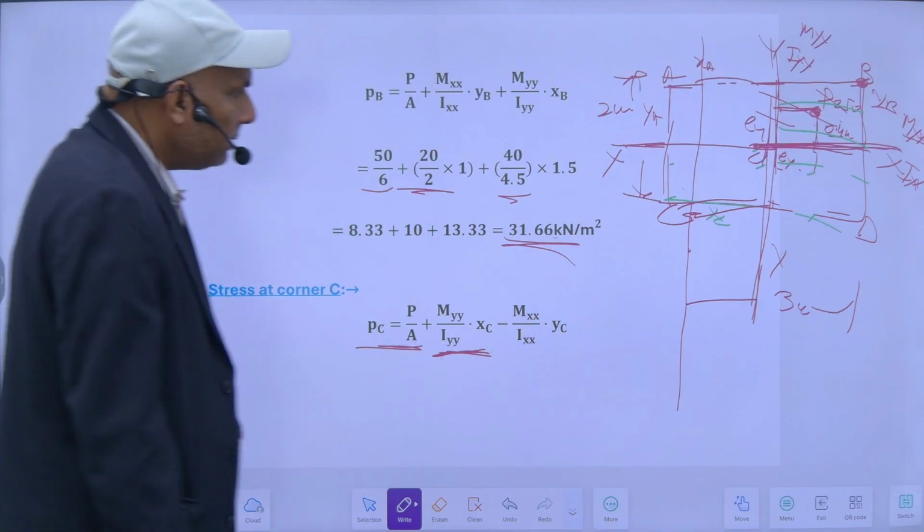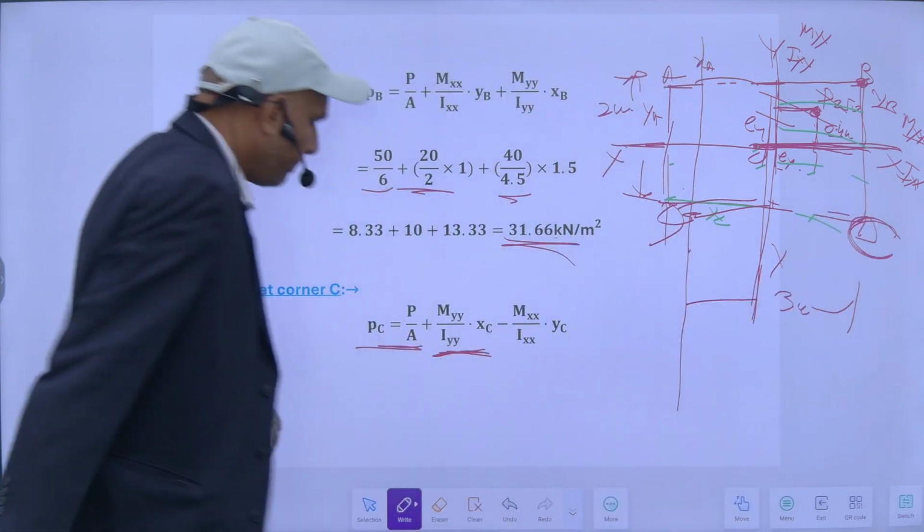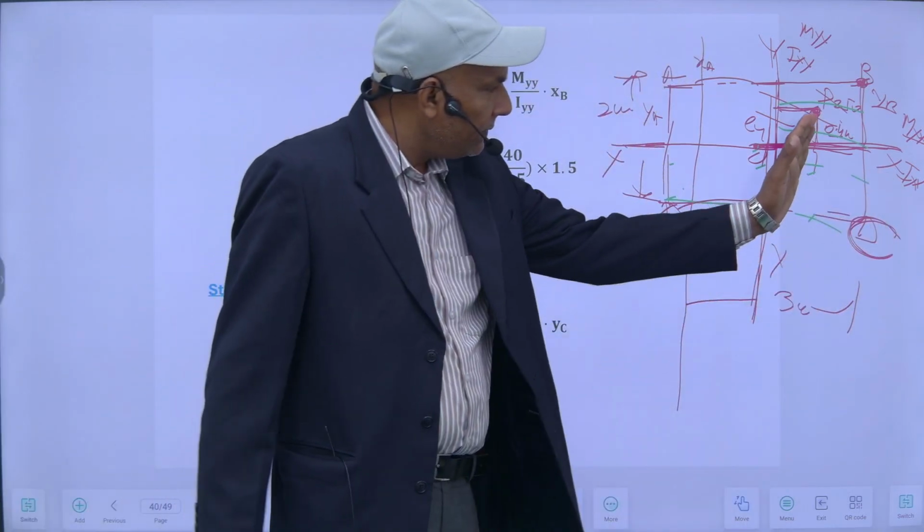So this is D, this is not C, C is this one, yes. So at this point, because of this load,